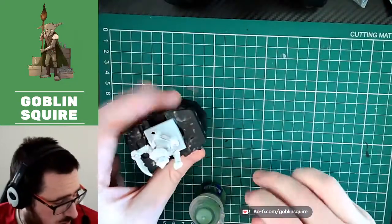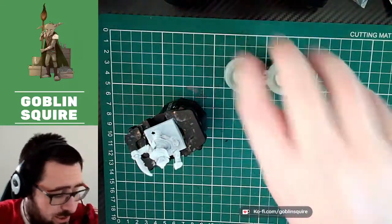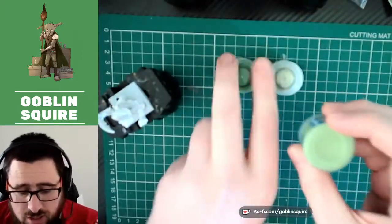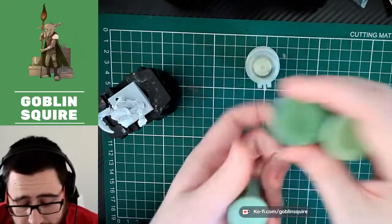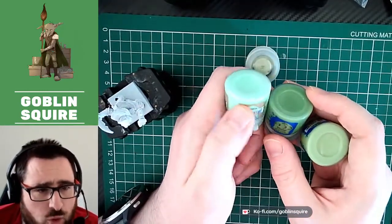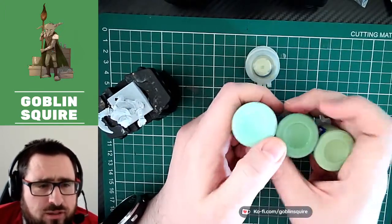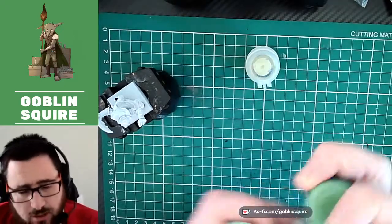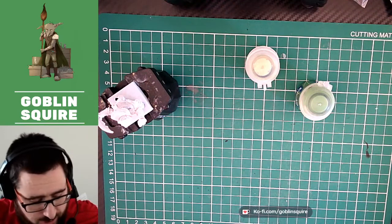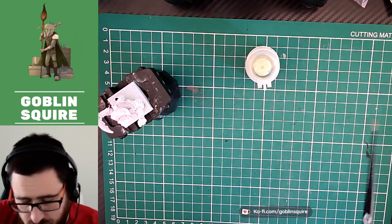I brought a couple of other greens through. These are all actually Games Workshop, but you can obviously use whatever brand you would like. This one's a slightly brighter green, and I brought this one through because I think you could use this for the real highlights on an orc skin. You wouldn't want to use much, clearly, but if you're looking for that really high contrast look, which I know a lot of people really like in their painting, then you absolutely could use something that bright. But I'm going to stick with what I've got here, and we're going to get some of this Warboss green